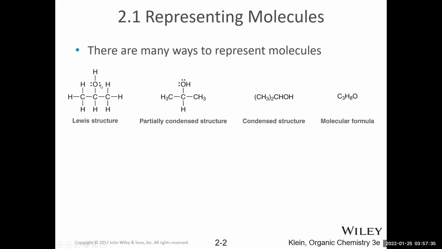And both of these can also optionally have lone pairs. Sometimes you'll see them without lone pairs, and that's because they're implied. If you see an oxygen without lone pairs that's making 2 bonds, then the chemist knows there's also 2 lone pairs such that that oxygen has an octet. So while there's multiple ways to represent molecules, some show the structure much more clearly but are more time consuming to draw, and then others are not as descriptive but much easier to draw.